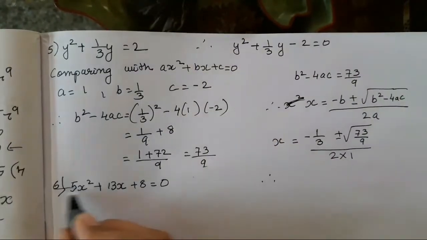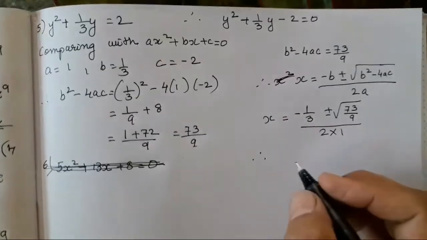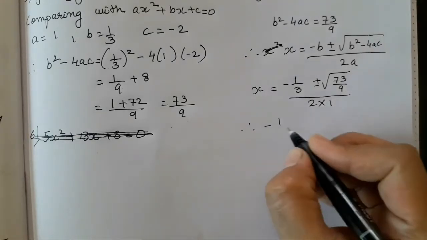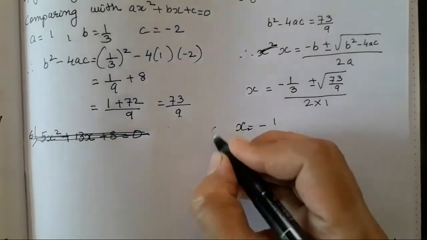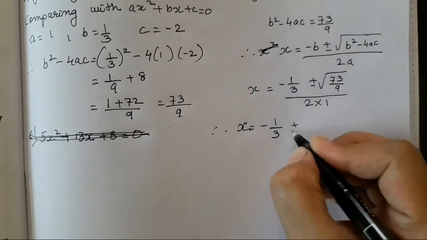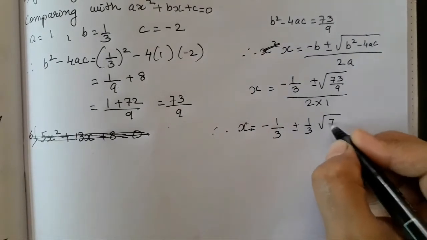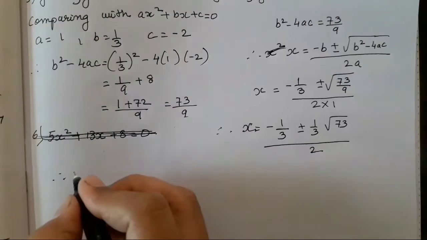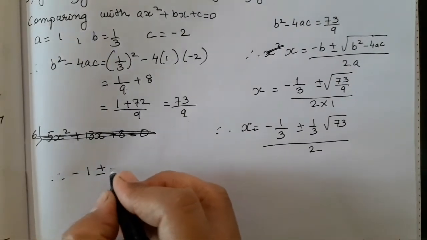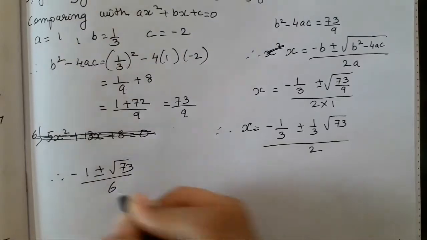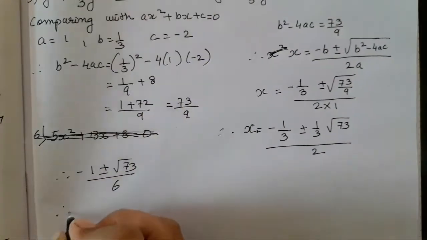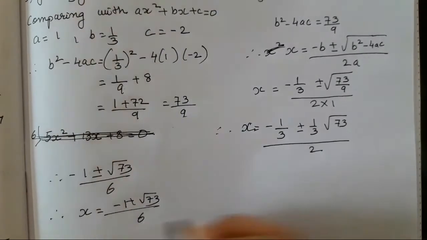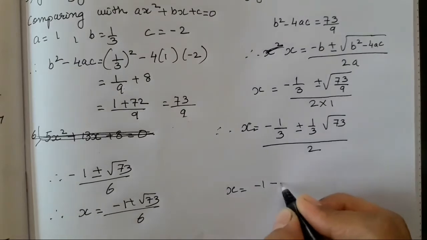So, therefore, I will write the sum on the next page. I'll continue it over here. So the answer is going to be minus x is equal to minus plus and minus 1 upon 3 root of 73, as I have taken the square root outside, into 2. So therefore minus 1 plus root 73 upon 6. Okay, we have just subtracted it. So x is equal to minus 1 plus root 73 upon 6 and x is equal to minus 1 minus